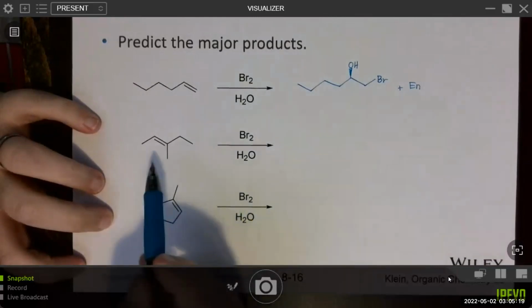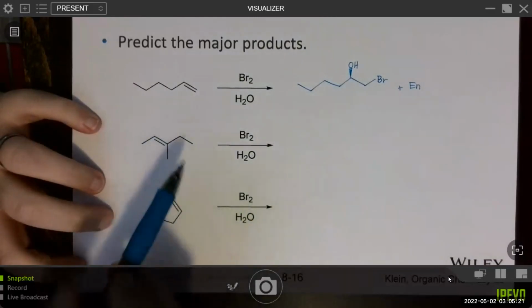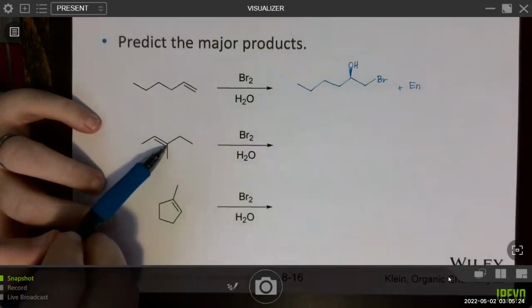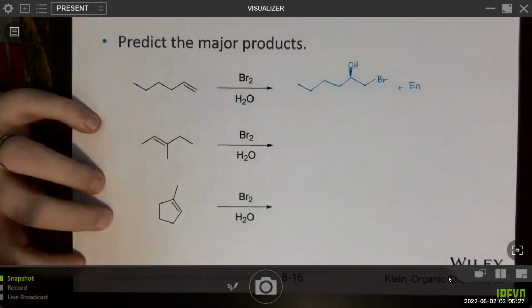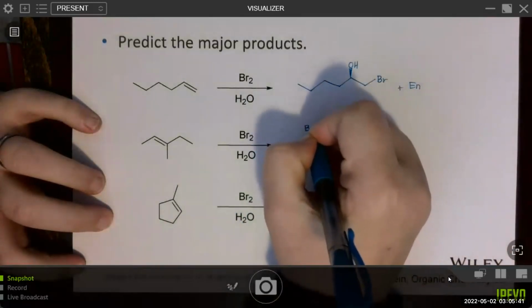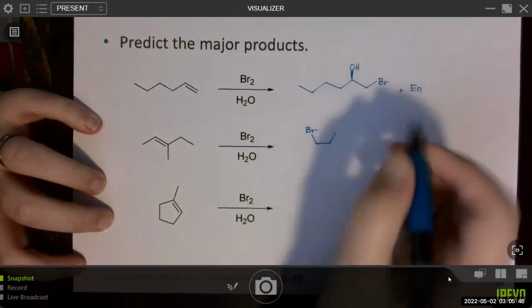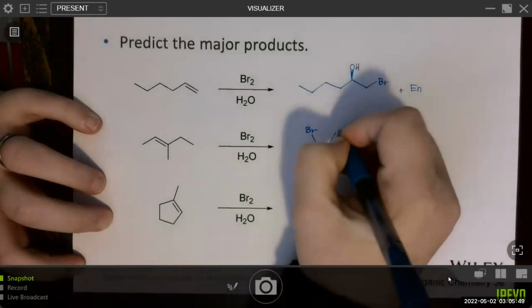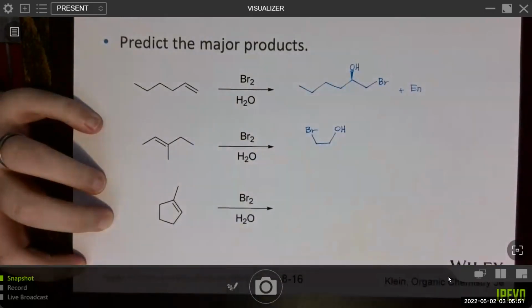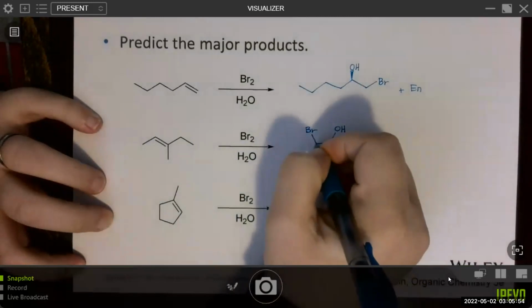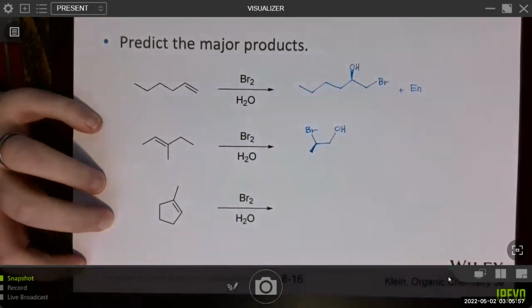In this case, we're forming two new stereocenters. So recall that the OH group will get added to the more substituted carbon, bromine the less substituted carbon in an anti-selective process. So we can use either model 1 or model 2 to draw those products. So if we're using model 1, then we will draw our bromine, which is attached to the less substituted carbon. And then on the right here, I'm having my more substituted carbon, which will get an OH group. Then I can add in these groups.